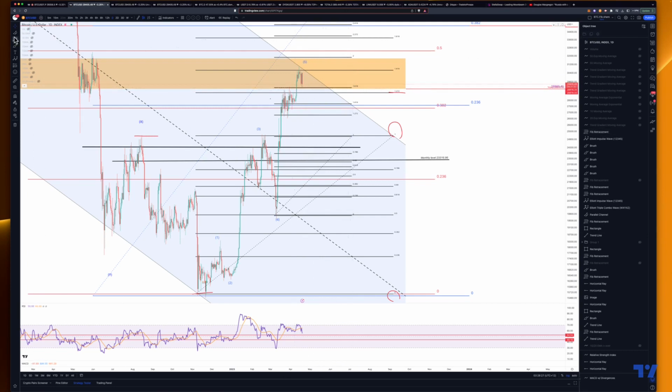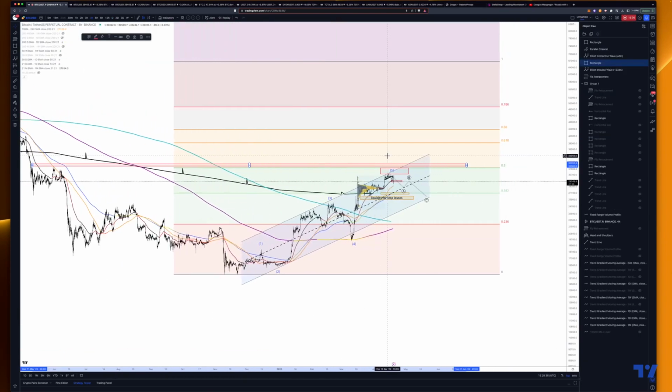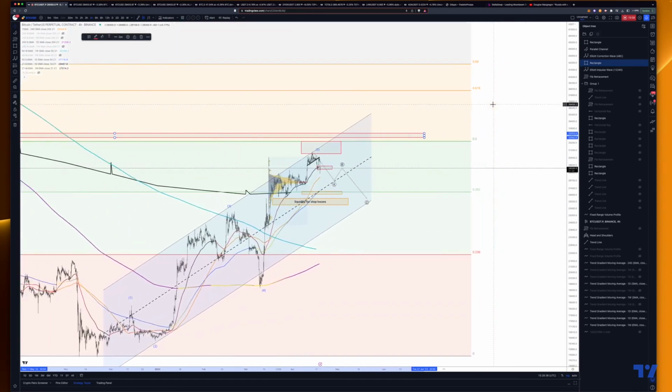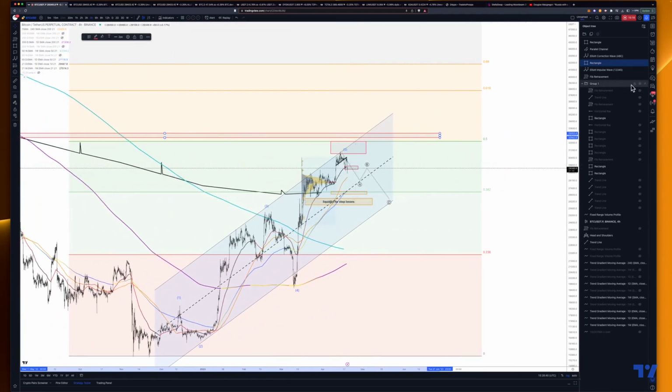1.618, again, this level is important. So if we have something closed on the daily there, like I said in this picture here, we are likely to come down further. So if we do that